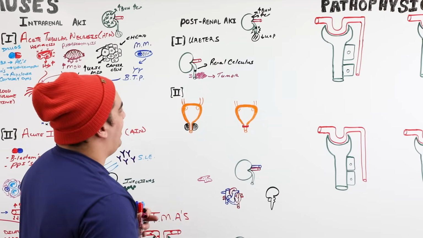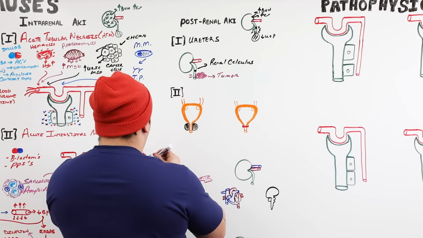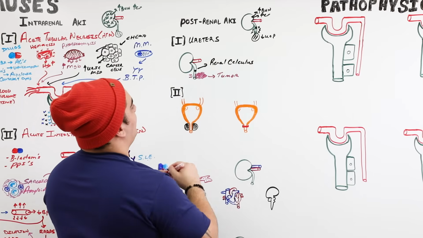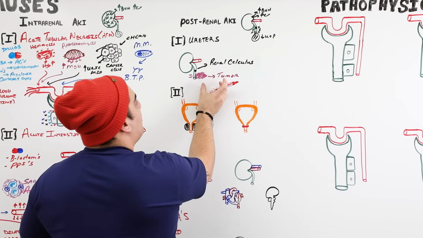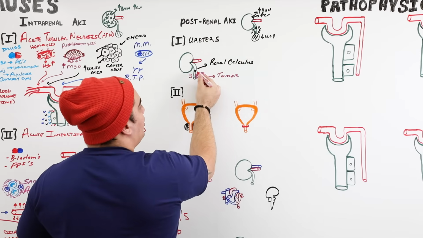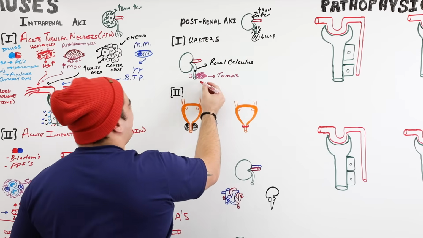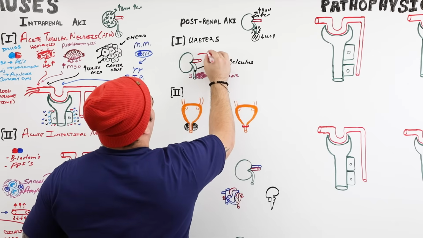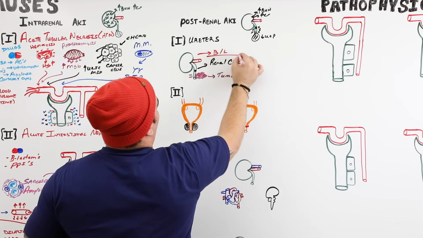In these kinds of situations, usually it actually needs to be a pretty significant effect to cause that much of an acute kidney injury. And so usually having a kidney stone in one ureter or a tumor only compressing one ureter isn't going to do it too often. And so sometimes this would need to be a bilateral effect.